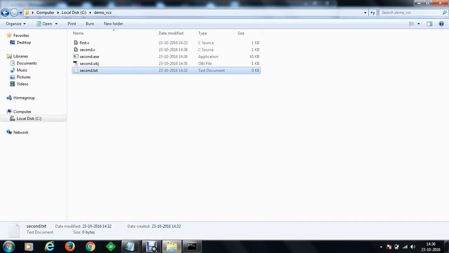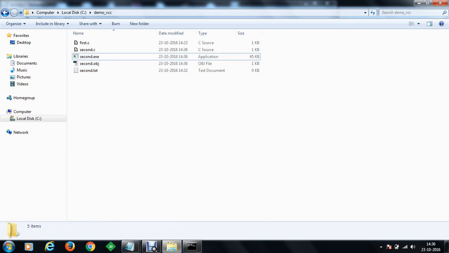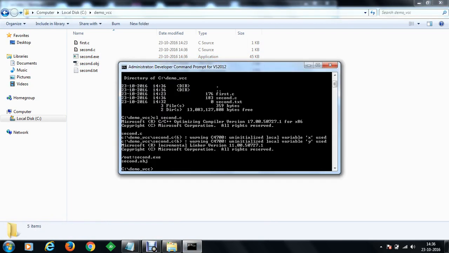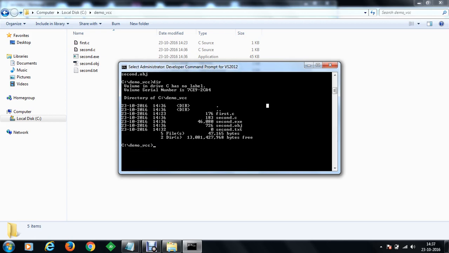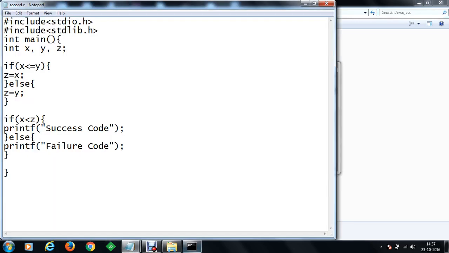Now you can see that we have got an executable file. If we go to the directory here, you can see that a second.exe program is ready. You can double click and execute it. Moreover, you can test that with the command prompt as well. So we are going to list the directory. You can see that we have the second.exe program. Let's test the program, second.exe, and enter. But you can see that I have written a bad program.